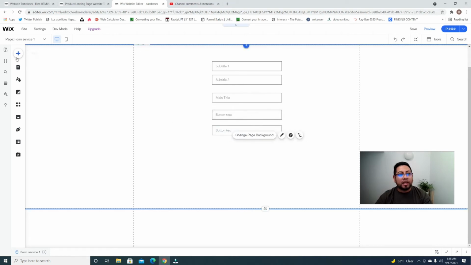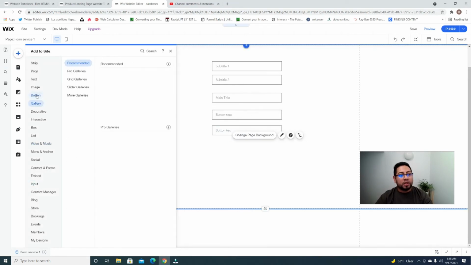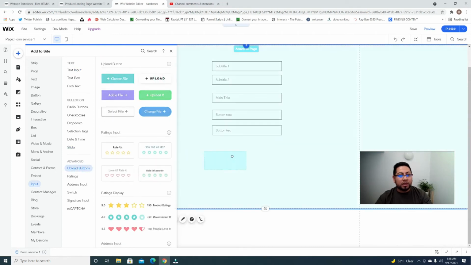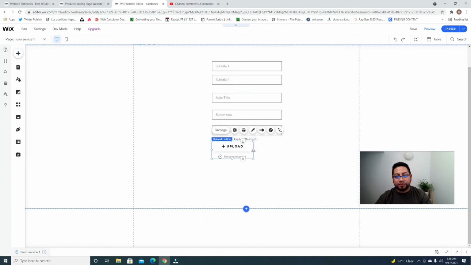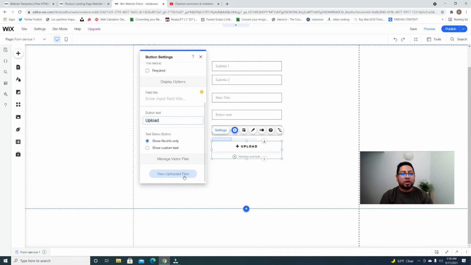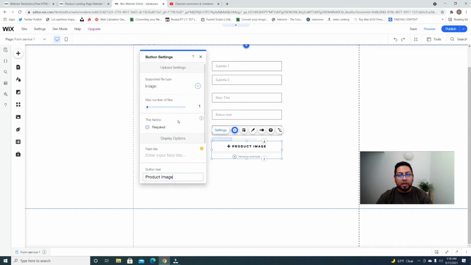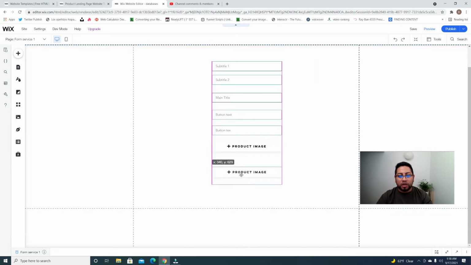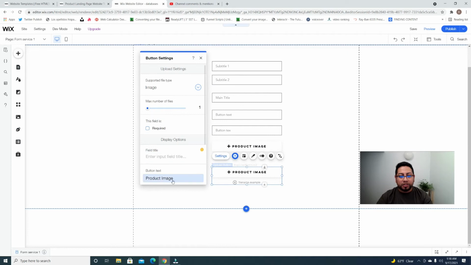Now we need to add the buttons to upload. We're gonna go to input to upload the pictures. Once we go on the input, we're gonna go where it says upload buttons. We're gonna add this first option right here, and this one is gonna be product image, and you don't have to do anything there, just leave it like that. As you can see, it automatically changed to image. And then we're gonna duplicate this, and we're gonna name this background picture,